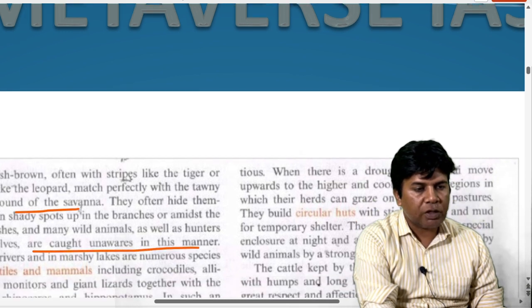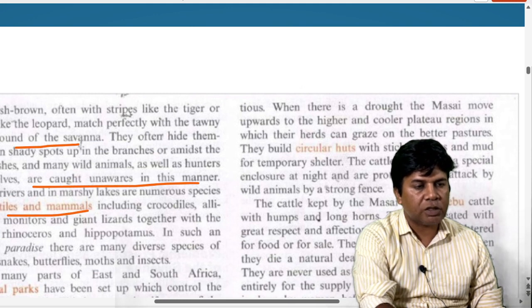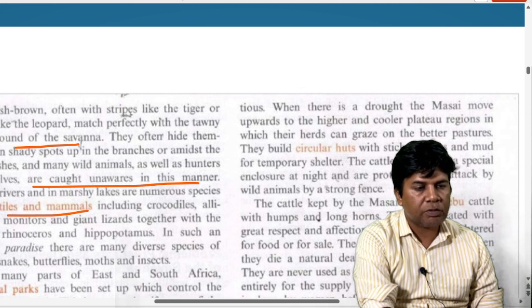Along the river and in the marshy lakes are numerous species of reptiles and mammals, including crocodiles, alligators, monitors, and giant lizards, together with the larger rhinoceros and hippopotamus. In such an animal paradise, there are many diverse species of birds, snakes, butterflies, moths, and insects. In many parts of East and South Africa, national parks have been set up